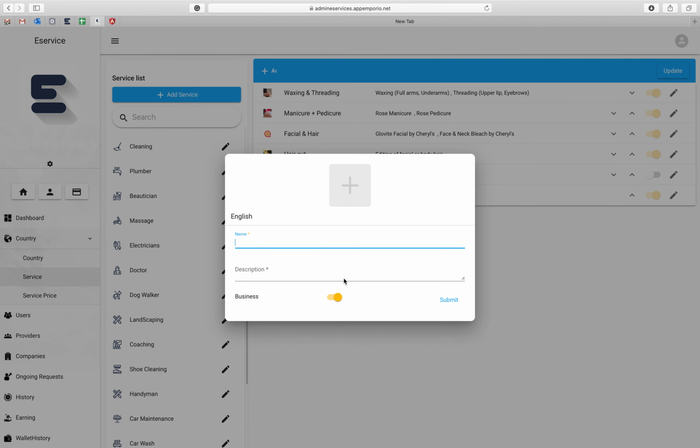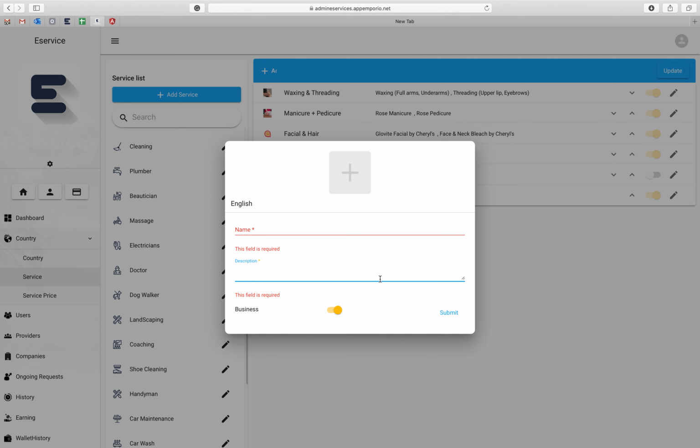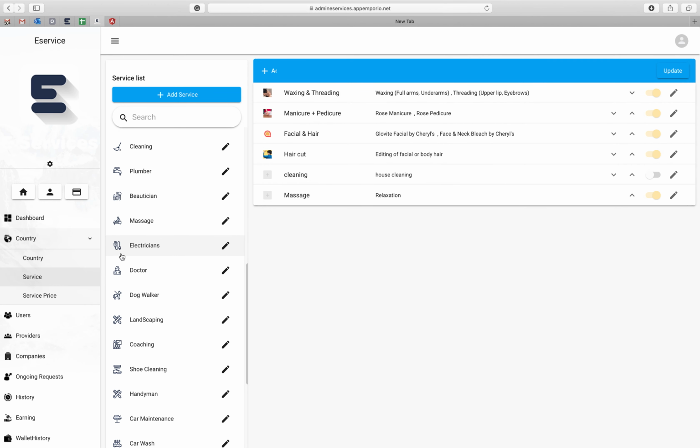You can just click on it and name a service, let's say beautician, and the description is best beautician services available here. You can turn business on or off, and you can add a logo of that service over here, which is basically this logo which you see here. Once you add the main category of the service, inside each one of them you'll be able to see